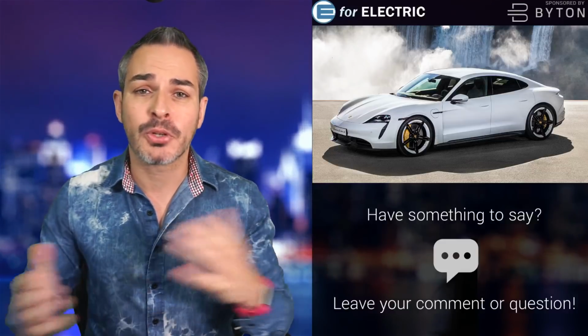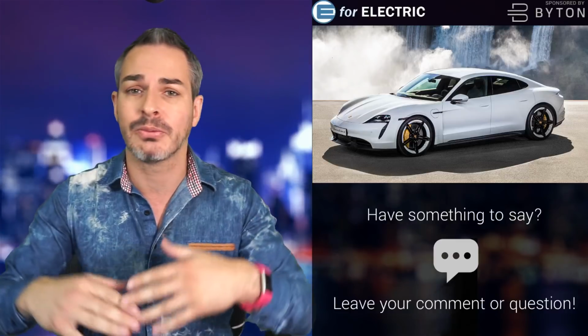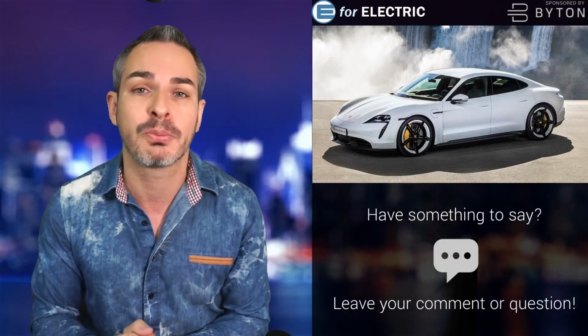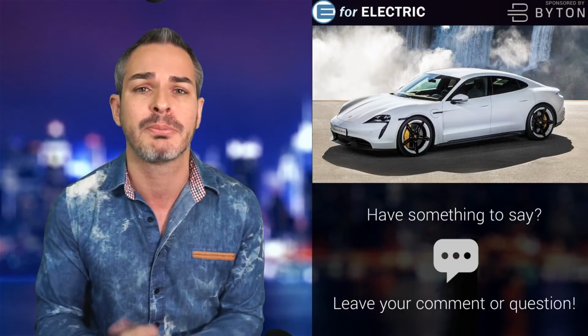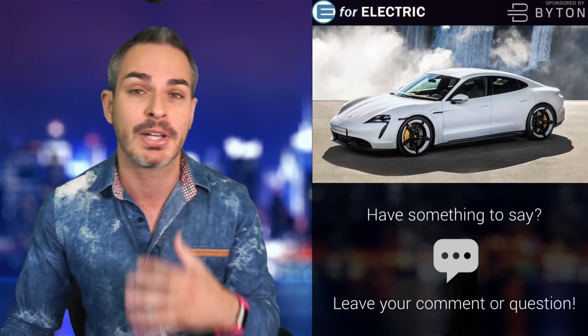After all these years, Porsche Taycan has finally been unveiled, and even though a lot of information has leaked and was outed by Porsche itself, there were still a lot of surprises, and one of them was actually pretty good. I know a lot of people were kind of prepared to be disappointed, and there were a few disappointing details, and we'll go over them as well, but one of them was actually something that people got really excited about,